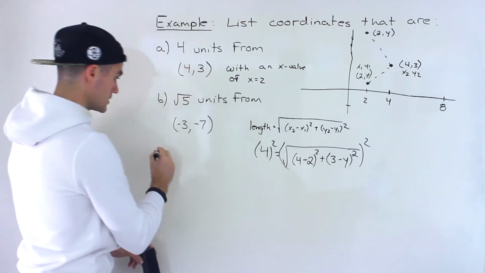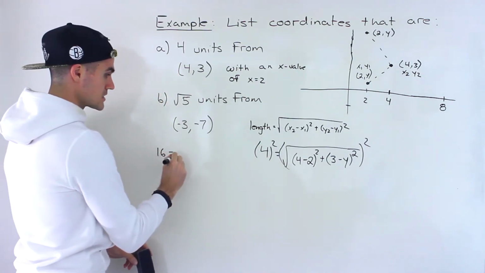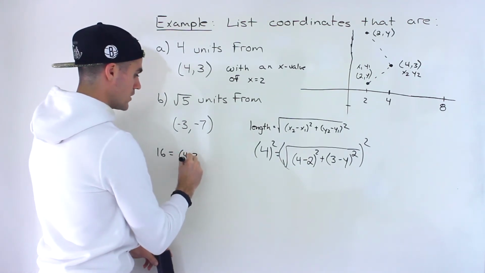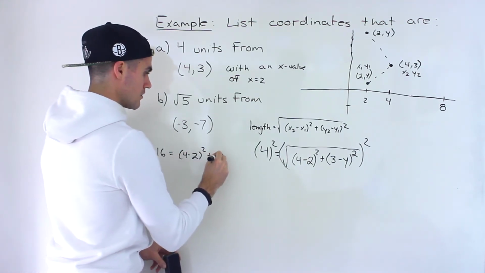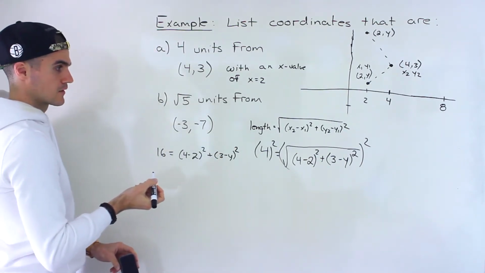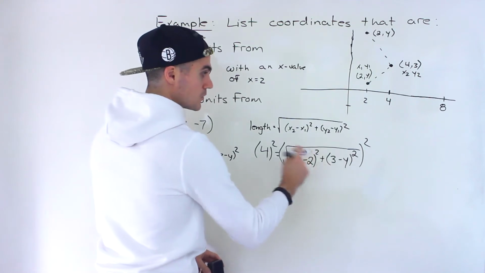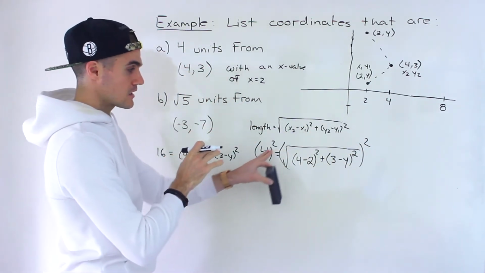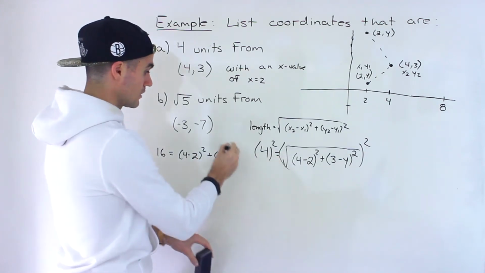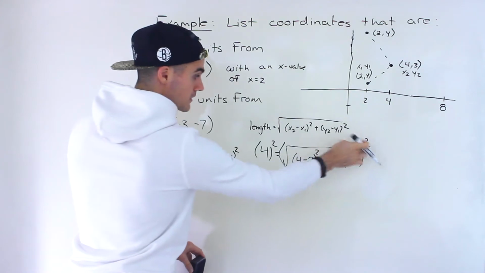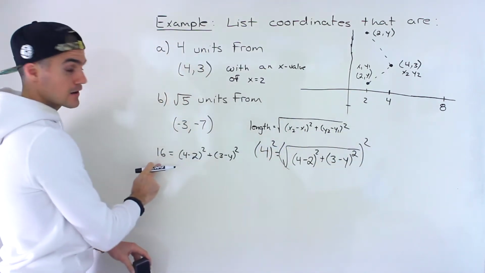So here, let me continue this over here. You'd end up with 16 equals whatever's under that square root, like that, right? Because the square root of something, when you square it, the exponent and the square root cancel out, so you're left with whatever's below the square root, and then 4 to the power 2. What you did to one side, you got to do to the other, so 4 to the power 2